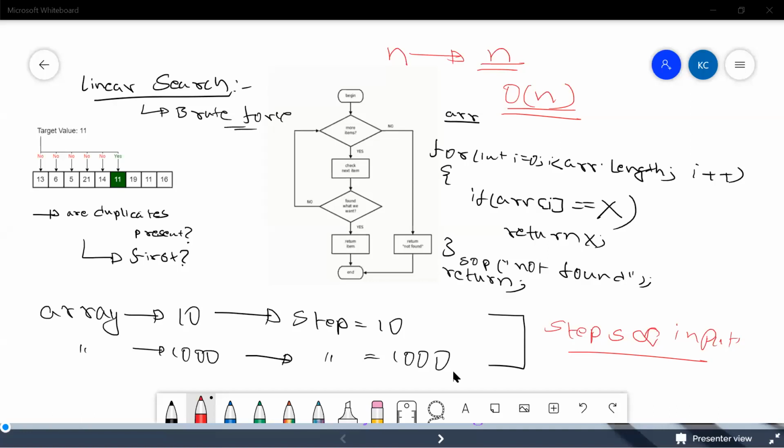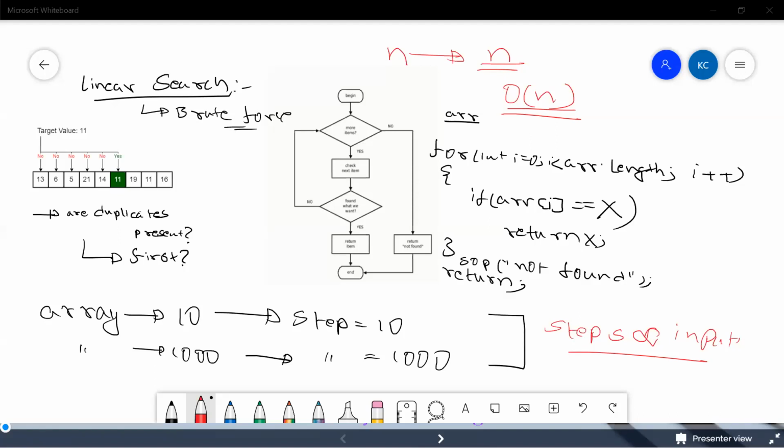So we forget about this average case. In the best case, you want to search for 13 and you are searching, right? You really don't care. There's no point of having a best case, and there's no point of having an average case as well. Whenever we implement an algorithm, we look at how it performs in the worst case. In the best case, any algorithm should perform in order of one time complexity, and we really don't care about that, because we write programs in such a way that they perform better in the worst cases as well. So that's why most of the time we would be considering the worst case only.